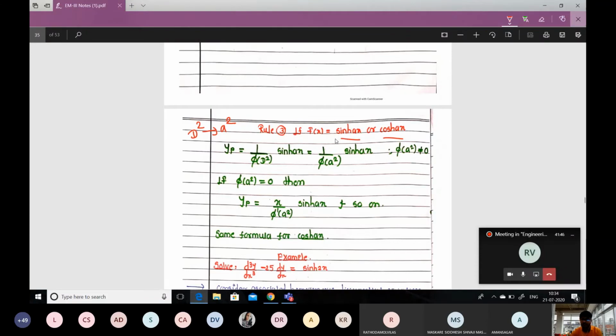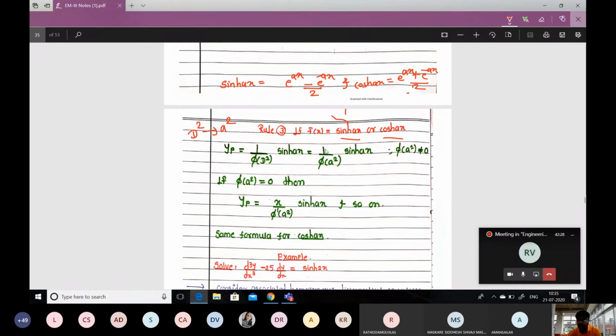Or you can use the formulas of hyperbolic cos and sine in terms of exponential function. Let me write here. Sine hyperbolic x is simply e to the power x minus e to the power minus x upon 2, and cos hyperbolic x is equal to e to the power x plus e to the power minus x upon 2. And then you can use the formula of exponential function, but instead of that, directly we have one more formula. It is better to use this direct formula for hyperbolic sine and cos.